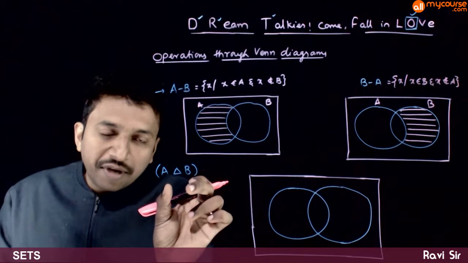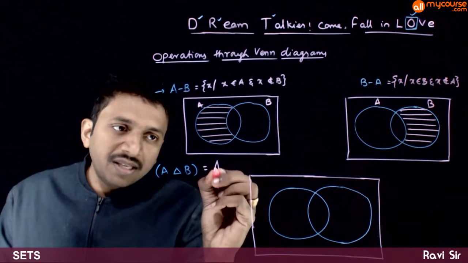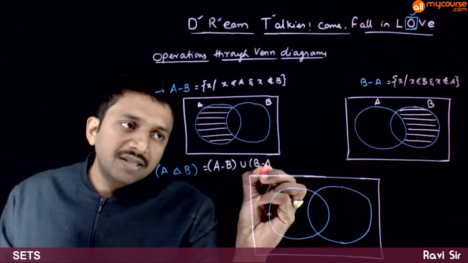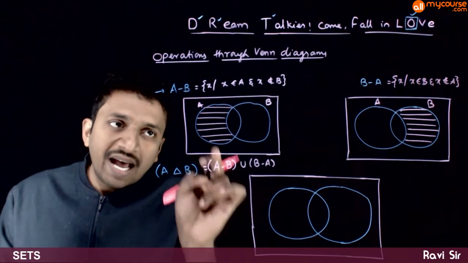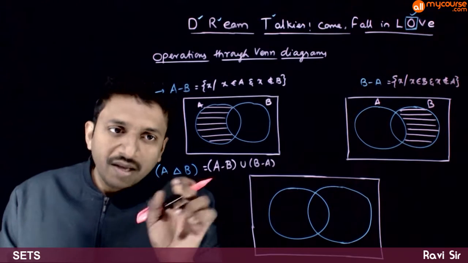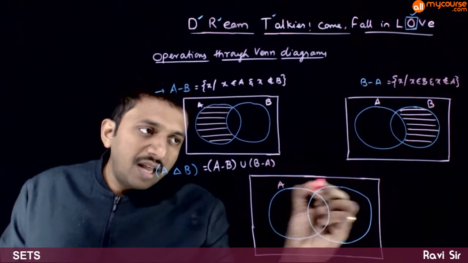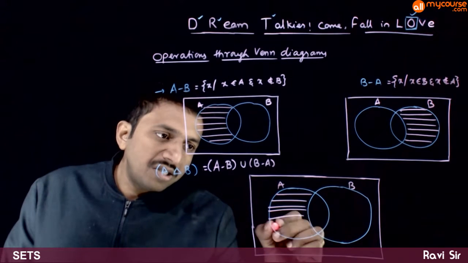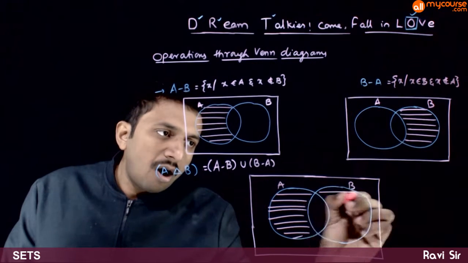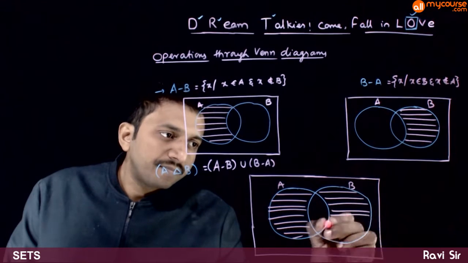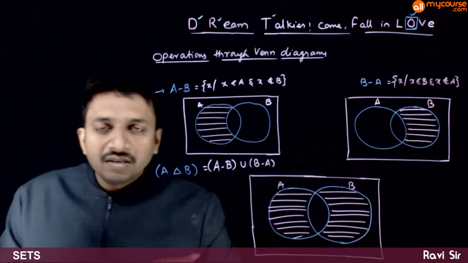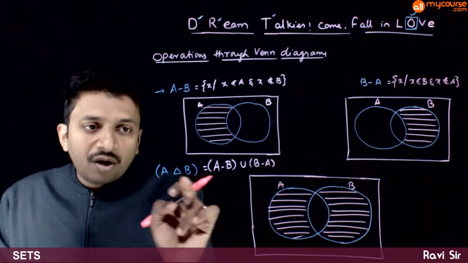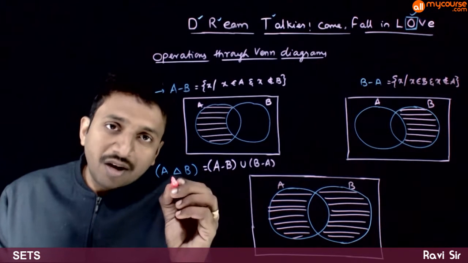And next, if you have A delta B, it is nothing but A minus B or B minus A. That means you can have elements either in this region or in this region. So what is the region corresponding to A delta B? So this region or this region. So the elements which belong to either this region or this region belong to A delta B, or symmetric difference